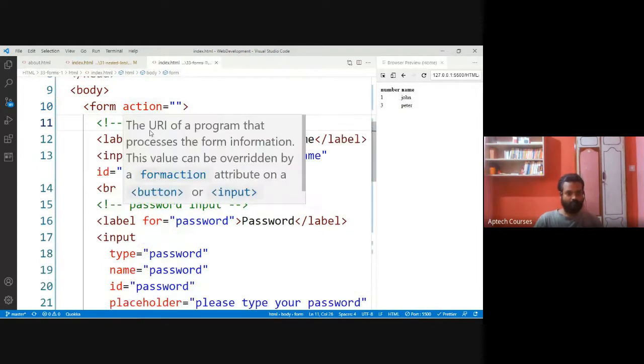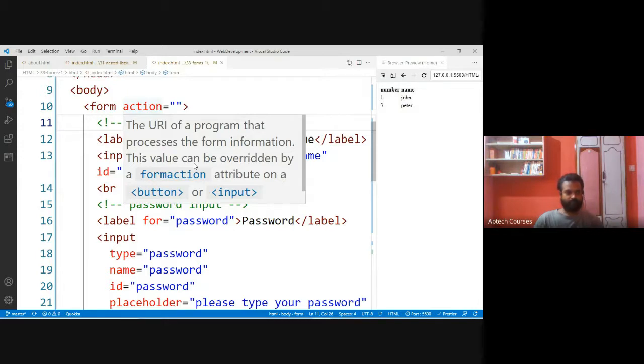Now, form action. Why do we need this action attribute? In the sense, we collect the data from the user and we need to send the data to some destination. We need to send the data to the server. In the server, one file will be there.